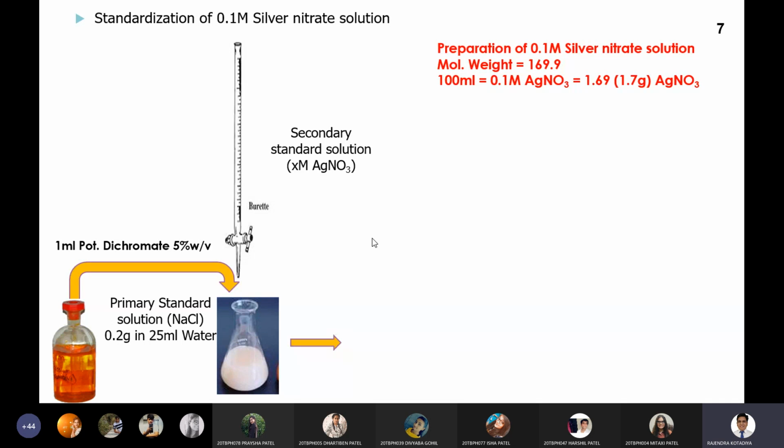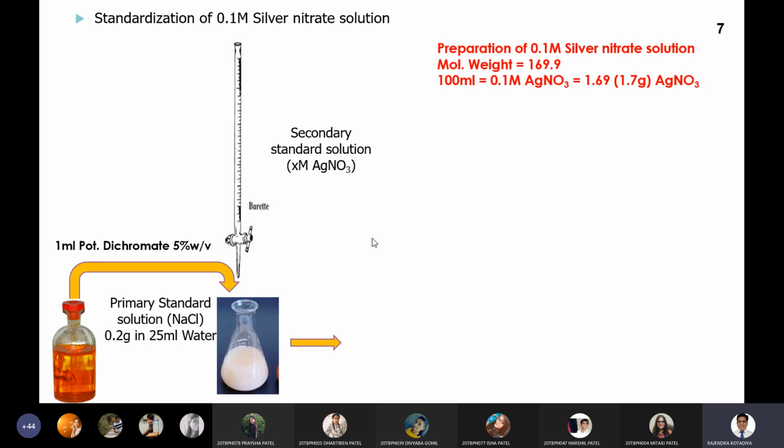And because of this it will form a precipitate of AgCl. So when no more NaCl is present, because we have taken it in a fixed quantity, when all the NaCl has been used up with AgNO3, when there is no more NaCl present in the conical flask, an extra drop of AgNO3 will react with